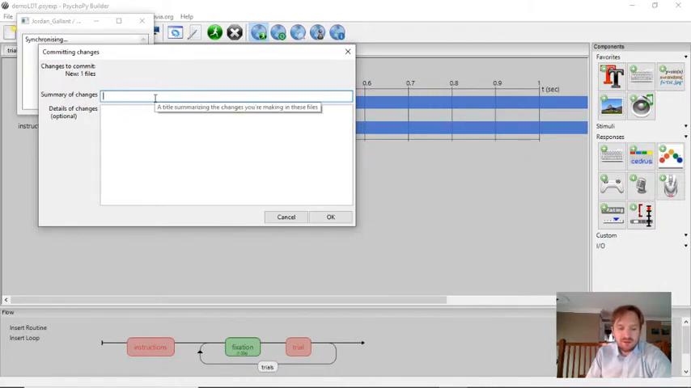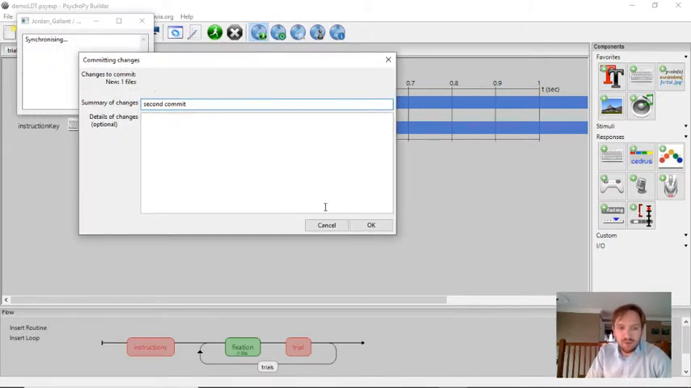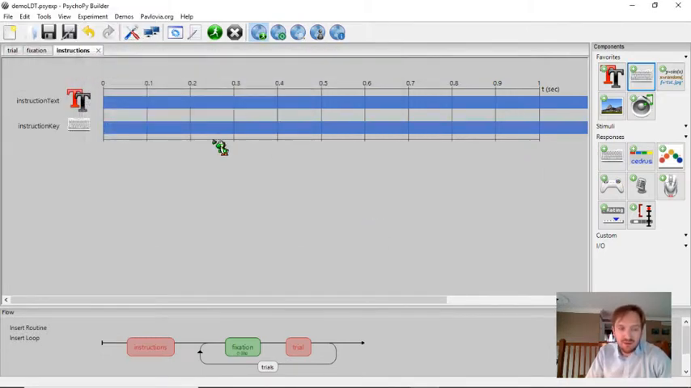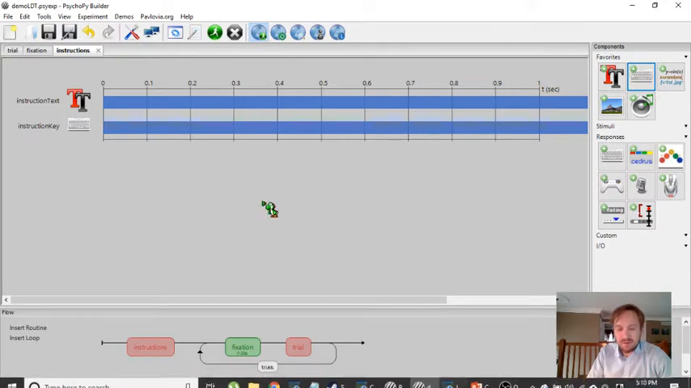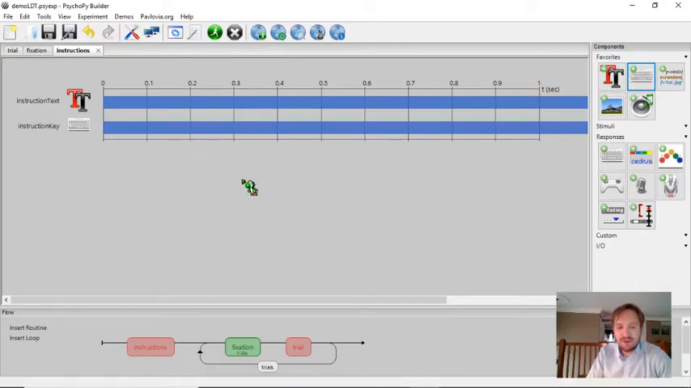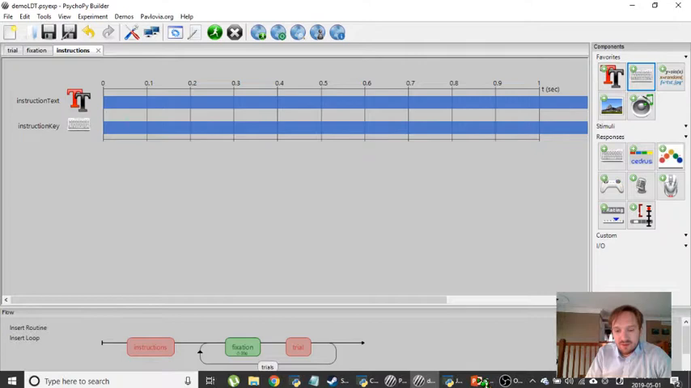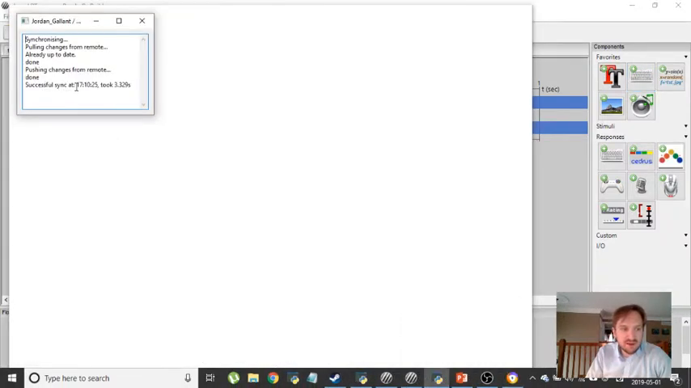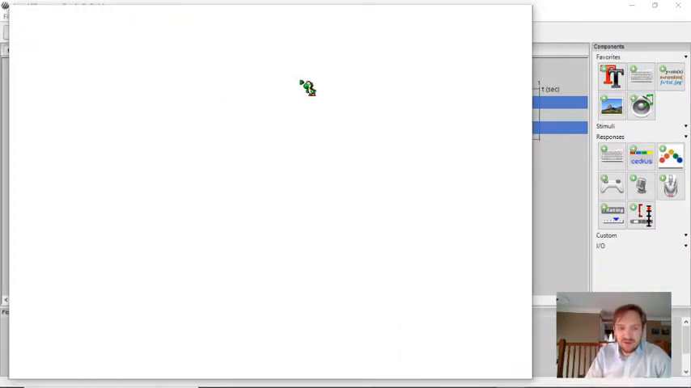Did I make changes? I didn't think I made any changes there. I'm just going to call this second commit because I didn't think I changed anything. Basically, this window will only pop up when something has changed. I'm not sure what changed, but better safe than sorry. All right, so it's going to take a little bit of time. Looks like it's pushing everything to the website. It's successfully synced, and that's going to bring me to the website where this